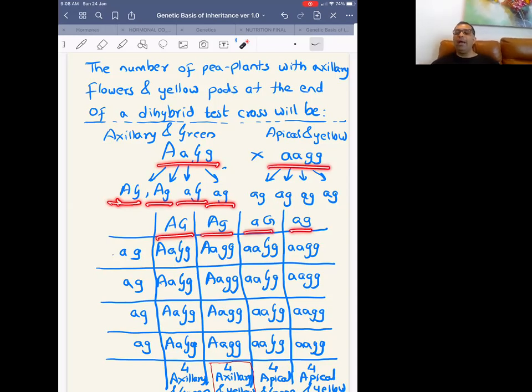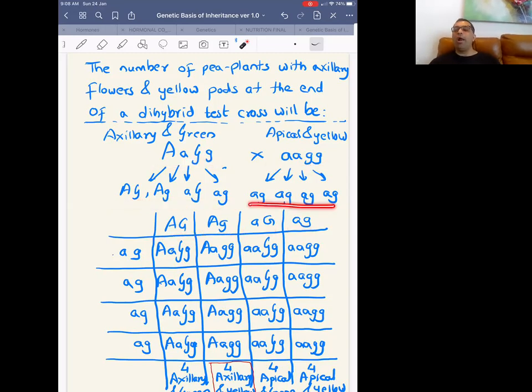और यहाँ कितने गैमीट बनेंगे? 2 raised to 0. Nothing is heterozygous. So that will be 1. और एक ही टाइप का गैमीट बनेगा, स्मॉल ए स्मॉल जी. So one type of gamete is formed, small a small g. एक ही टाइप का गैमीट बन सकता है. यहां पर कोई भी कॉम्बिनेशन लो, स्मॉल ए स्मॉल जी. Now, when you do the checkerboard, this will become capital A, small a, capital G, small g.